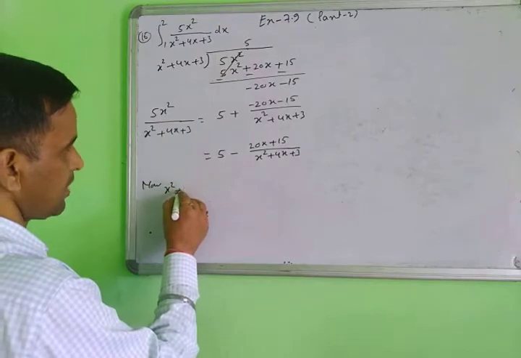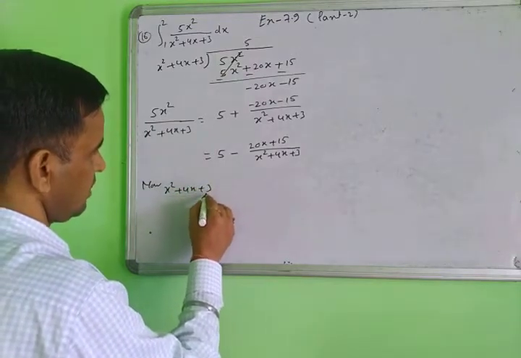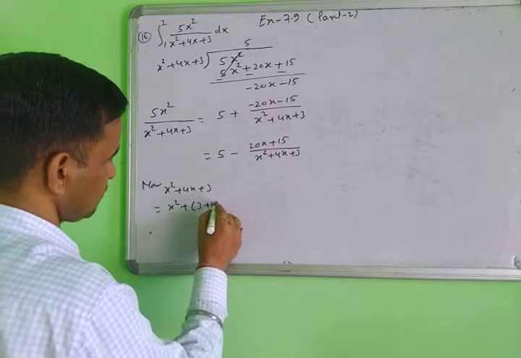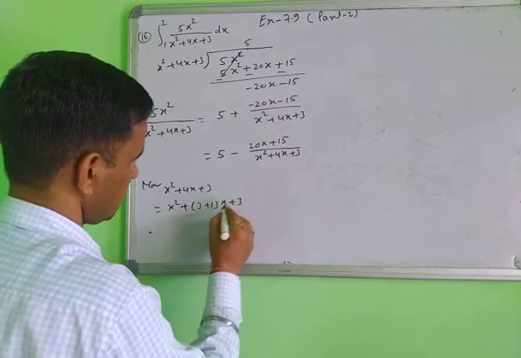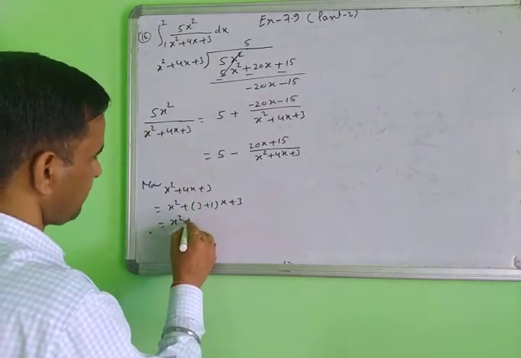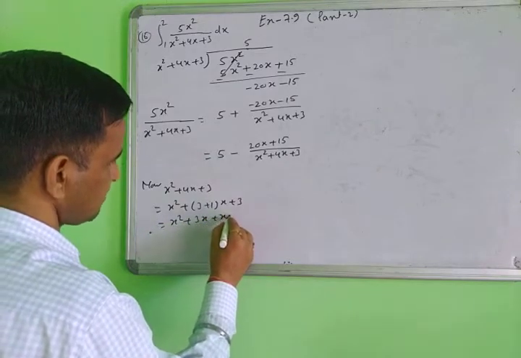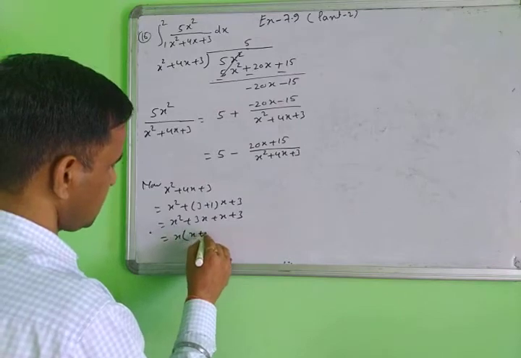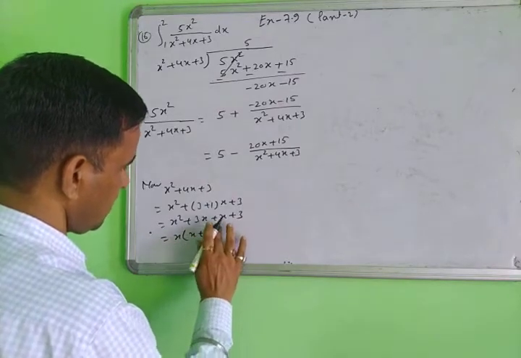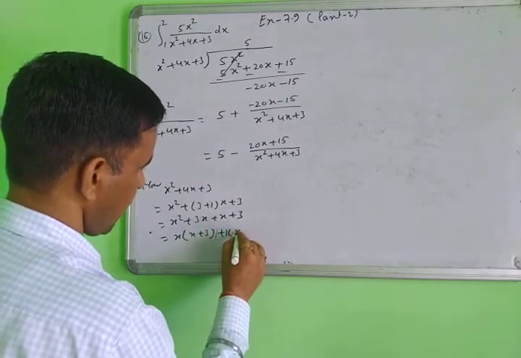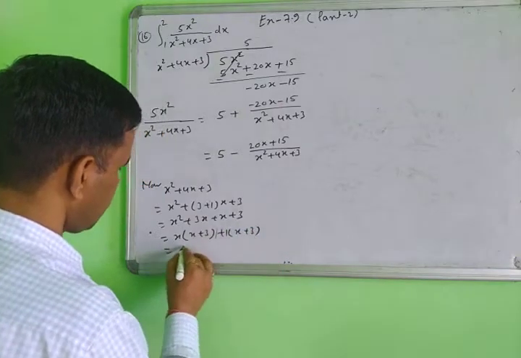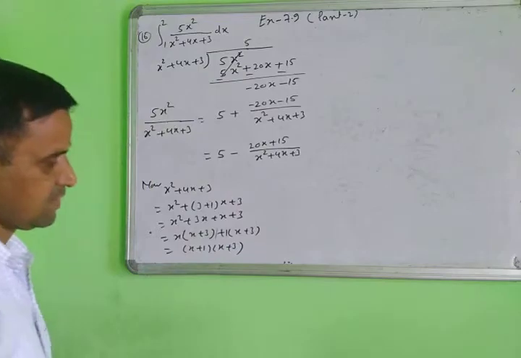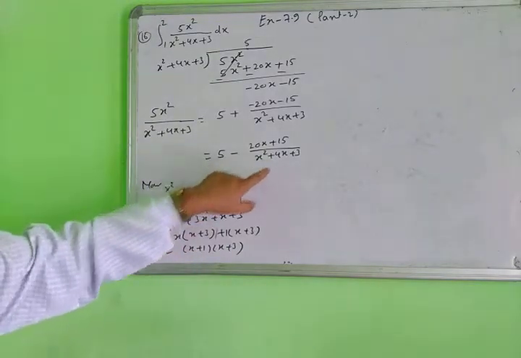x square plus 4x plus 3, what is the factor of this? x square plus 3x plus 1x plus 3. So this is x square plus 3x plus x plus 3, and then x times x plus 3 plus 1 times x plus 3. What is left here? x plus 1 and x plus 3. This is the factor of this portion. So now